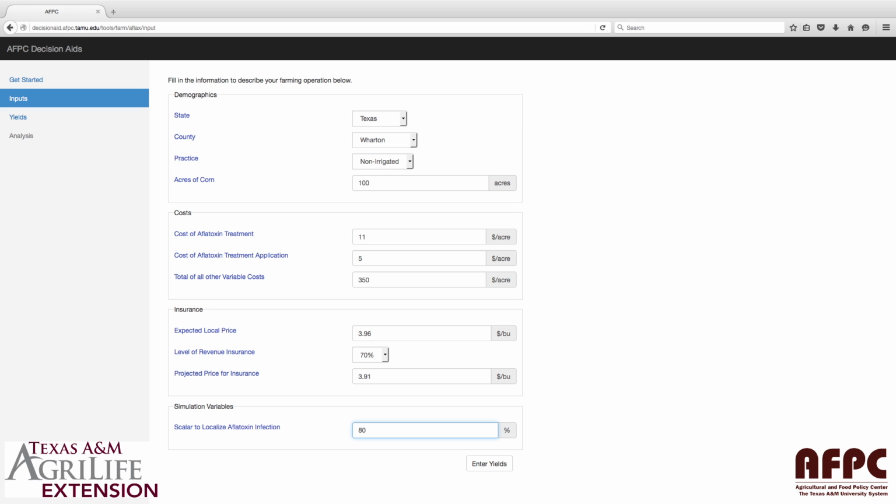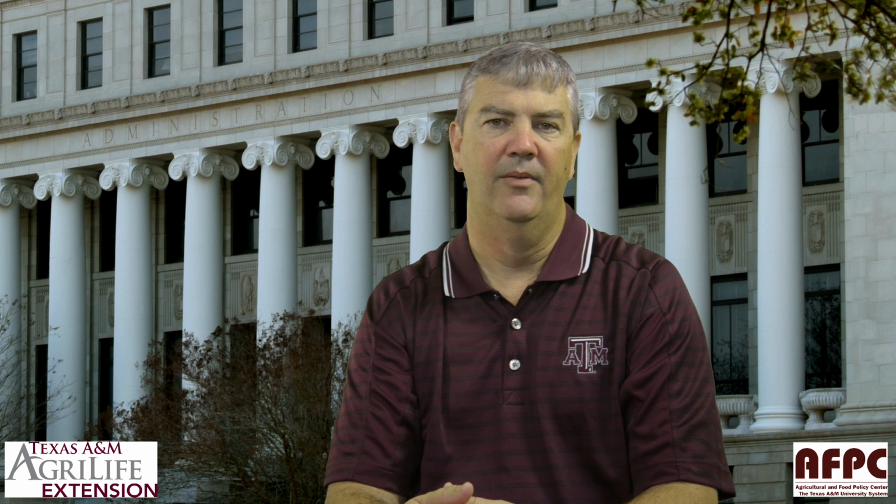Non-irrigated, number of acres, some people could put in 1, or I'd put it in a 100-acre field, whatever you want to do. Just realize the way this tool works is the more acres you have, the more chance that when you do have aflatoxin, it's an issue. Why? Because more acres means more trucks that are going to be trying to find a home for that corn, and we do have the cost built in for transportation,